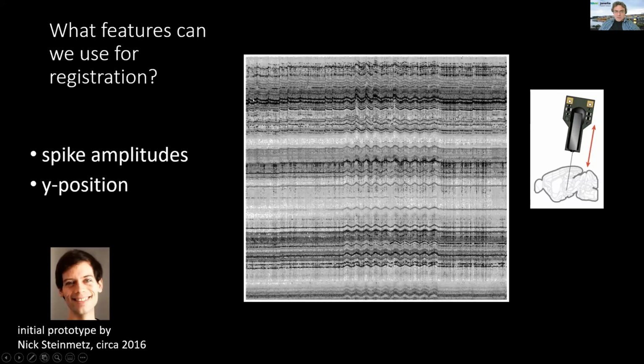And what you're seeing through plots like this is that there's clear visual movements up and down, both at the top of the probe here and at the bottom of the probe. You can see this is an experiment from Nick where he started moving the probe using the manipulator up and down. You can see everything is shifting up and down. And so